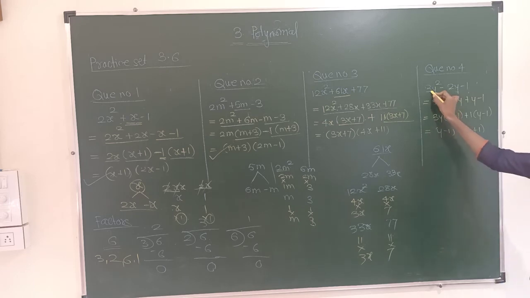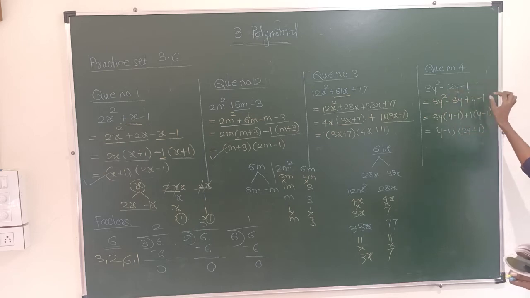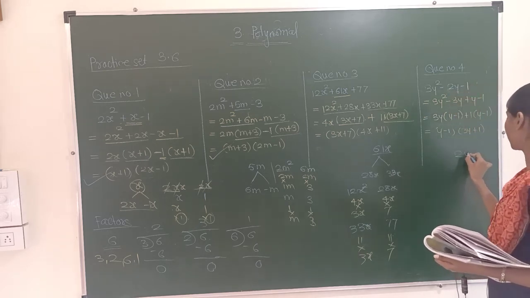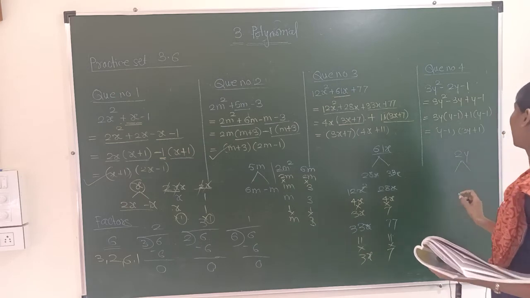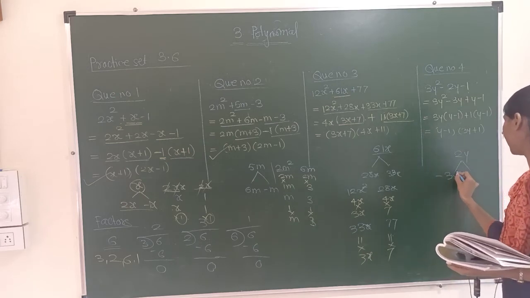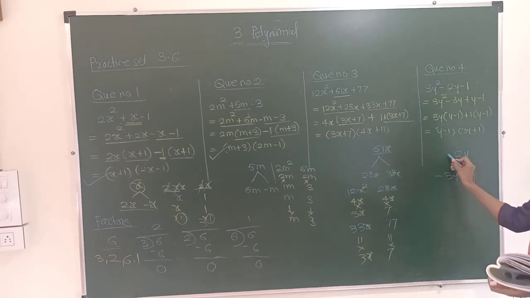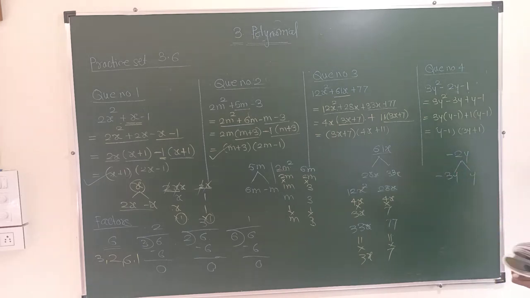We will move towards question number 4. The given polynomial is 3y raised to 2 minus 2y minus 1. Okay, we have to do the same thing with this. We have to write 3y square as it is and minus 1 as it is. We have to factorize 2y. Okay, how will we factorize 2y? See, minus 3y and plus y. Minus 3y plus y will become minus, with the sign of the bigger number, so it will become minus 2y.